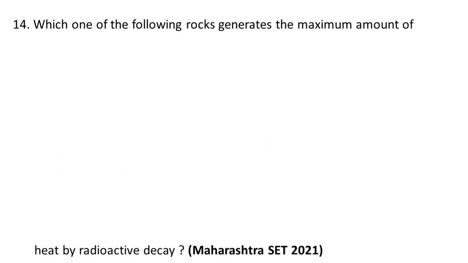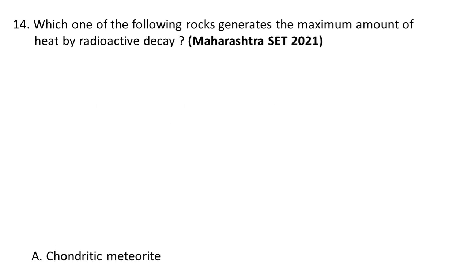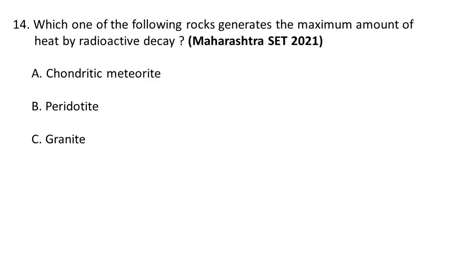Which one of the following rocks generates the maximum amount of heat by radioactive decay? A. chondritic meteorite, B. peridotite, C. granite, D. dolerite. So the correct option is C. granite. Granitic rocks generate a lot of heat through radioactive decay because they contain high concentrations of radioactive elements